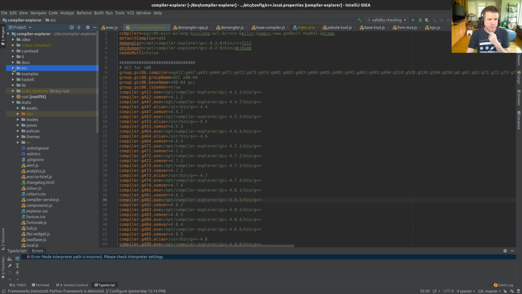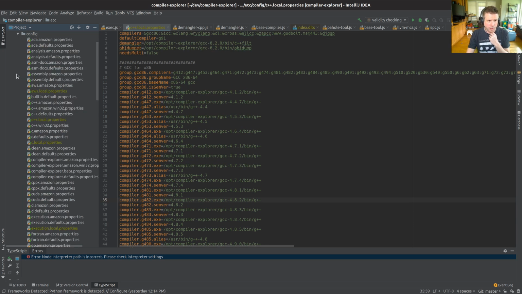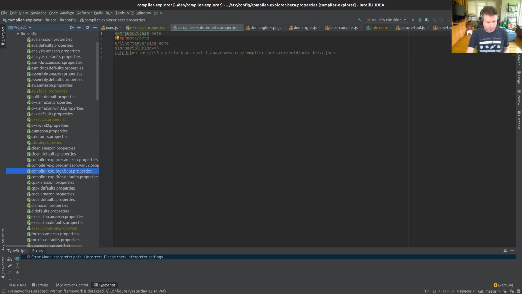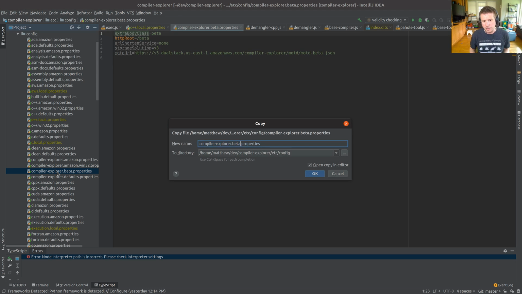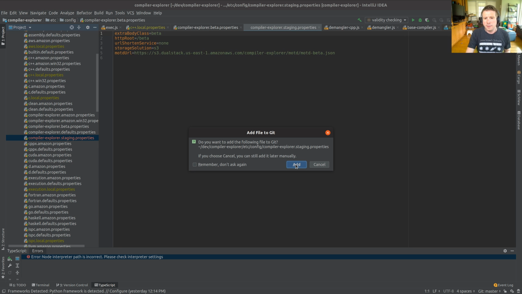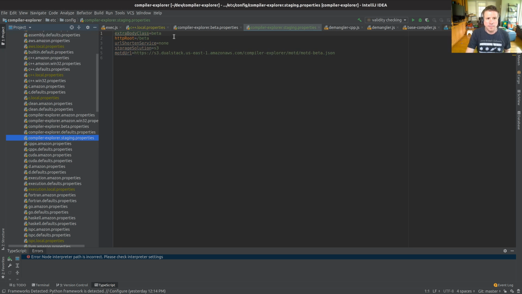First of all, in the awful configuration system, we're going to find compiler-explorer.beta.properties, copy paste it and call it staging.properties. Extra body class equals staging. HTTP root equals staging. That is the real change there. That's the thing that's really important.